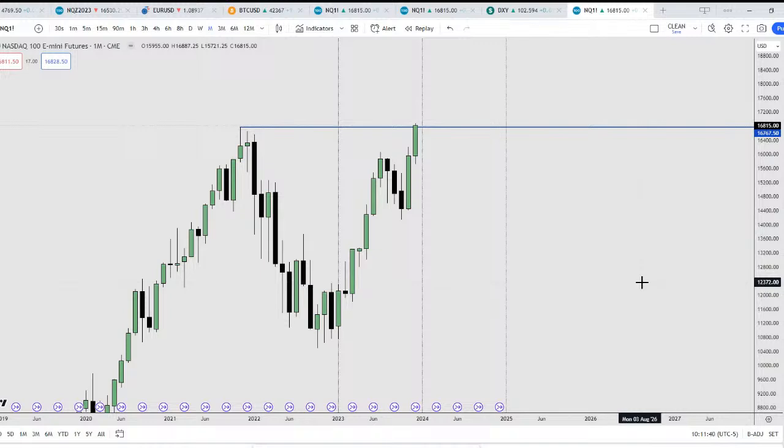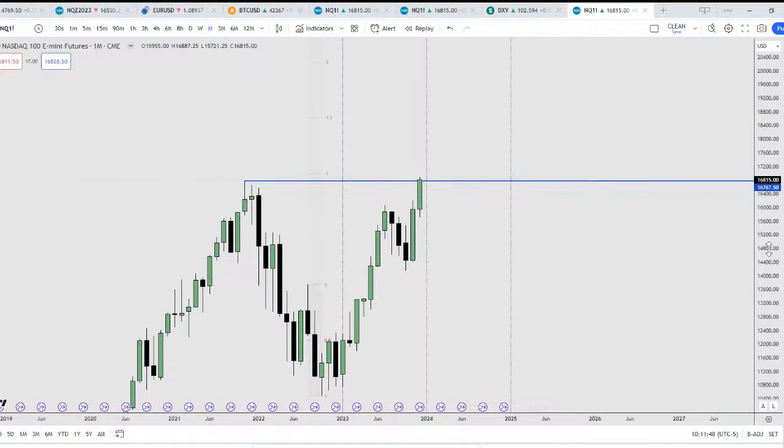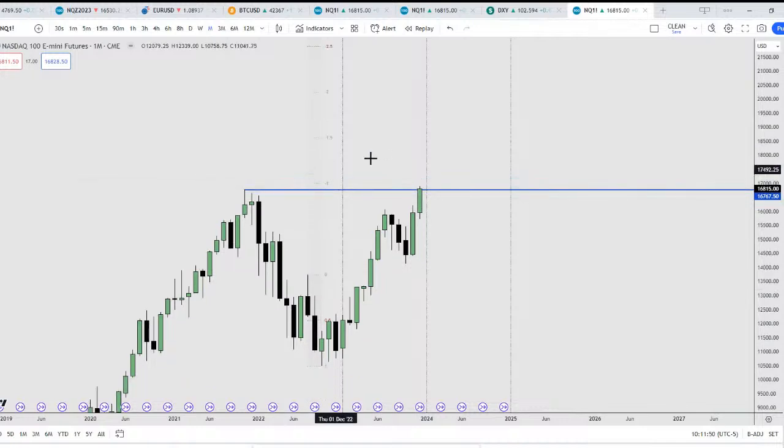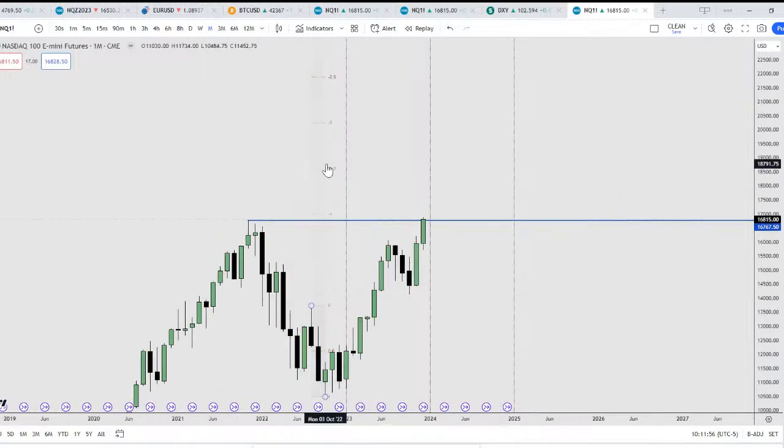The best case scenario is that as DXY is trading lower into that yearly fair value gap, NQ is going to rally higher, maybe into this 2 to 2.5 standard deviation from this swing low to this swing high. So I'm expecting higher prices